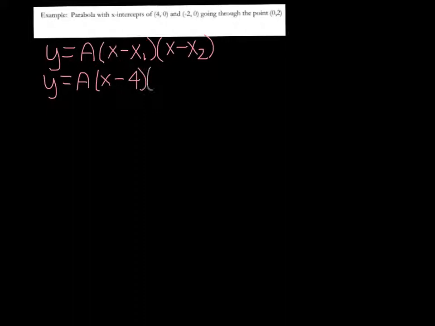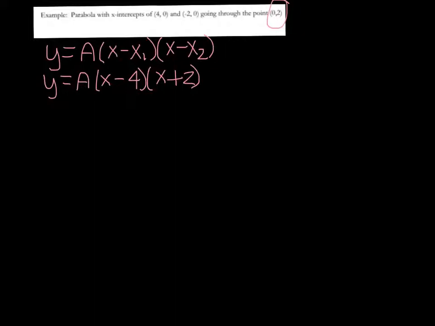That's y is equal to a, and then we have (x minus x1)(x minus x2). So the first thing we have to do is plug in our known variables. We have y is equal to a(x minus 4)(x plus 2). I plugged in both x-intercepts for x1 and x2. The next thing, if you remember from Friday when solving for a, is to plug in the other point we haven't used yet, (0, 2),